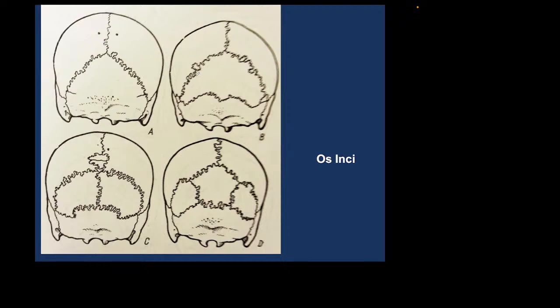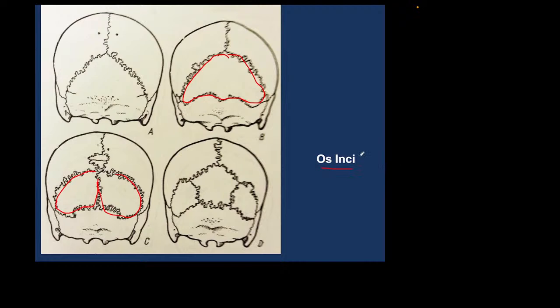Then we also find variability on the posterior part of the bone, and these differences are in the occipital bone. Sometimes we find an additional bone located posteriorly. Sometimes we find two or three, like it is visible here, two or three additional parts of this occipital bone. And the common name of these additional bones is